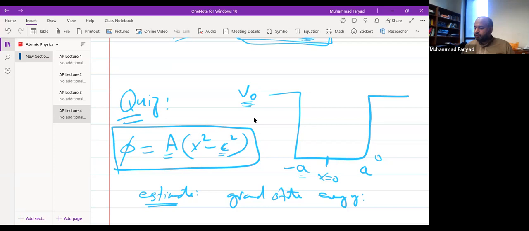नहीं नहीं, आपने उसके दो पार्ट्स बनाने होंगे, इस रीजन के अंदर 0 है और इधर v0 है। ओके सर।